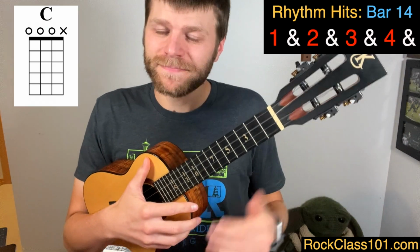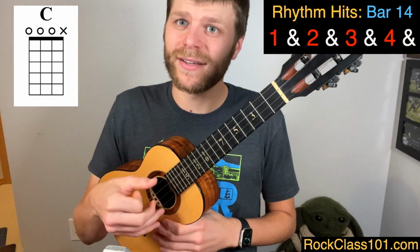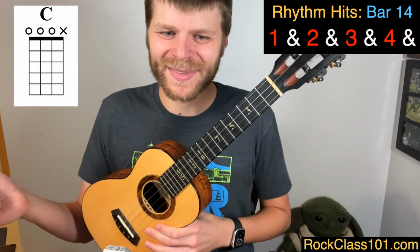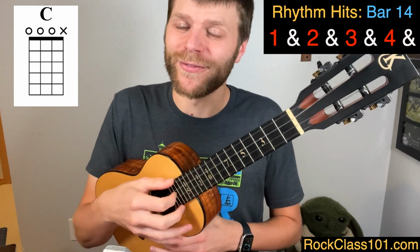Going into 14, all open. Play our G, C, and E. Open C, open E, and open G. Pretty great, right? So let's go and hear that in time. 2 and 3 and 4 and...